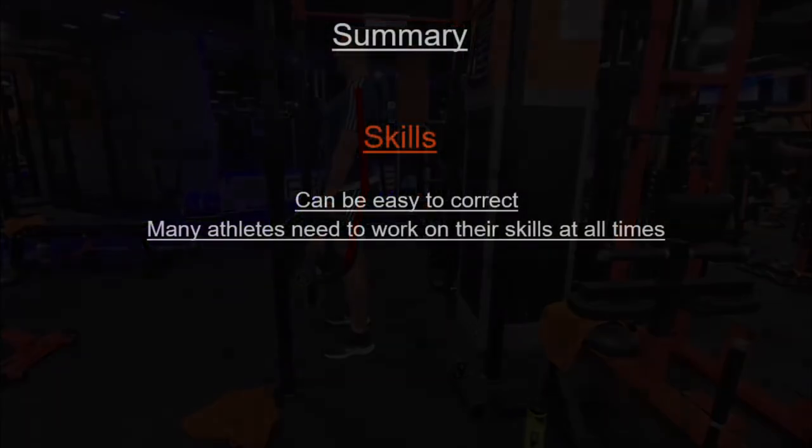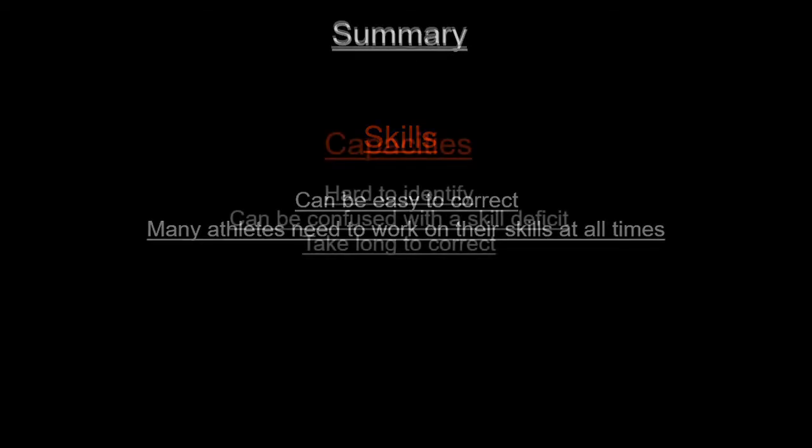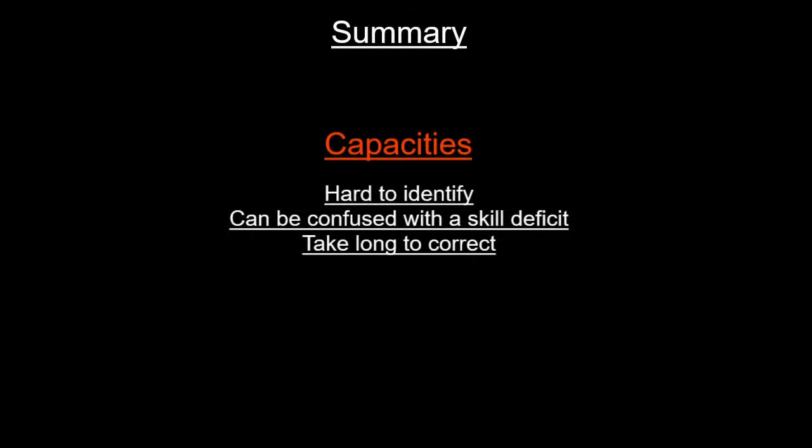In summary, it is apparent that all the athletes I have seen in this video need a little bit of work done on their skills in order to achieve a perfect technical model. However, as shown with athlete 1 during the squat, skills can potentially be very easy to correct. On the other hand, capacities are much harder to identify and can often be confused with a lack of skill